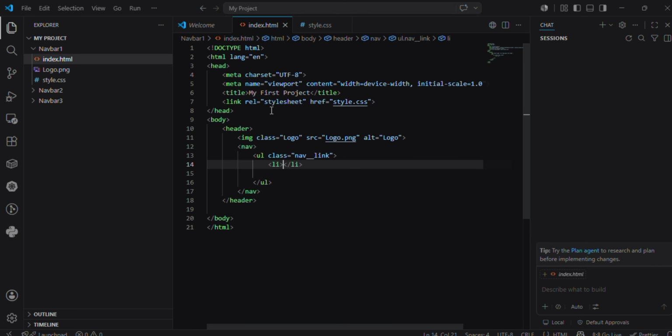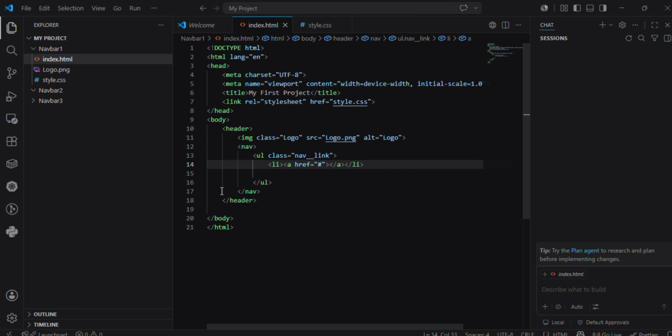Let's click on enter and we will do li. Li means list. And we click on tab. We are going to do some magic. We are going to bring a tag for links and other stuff. So without wasting my time, let's do the magic over here by typing the a tag, a, then we'll press on tab and it will just tell us that href is where it should link to,